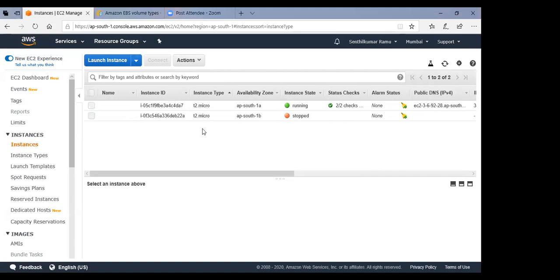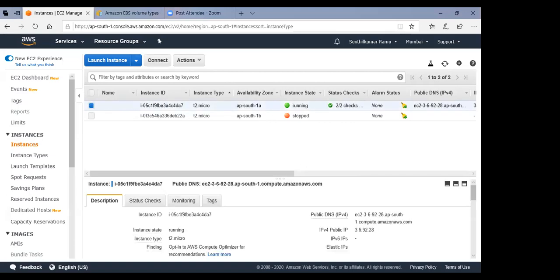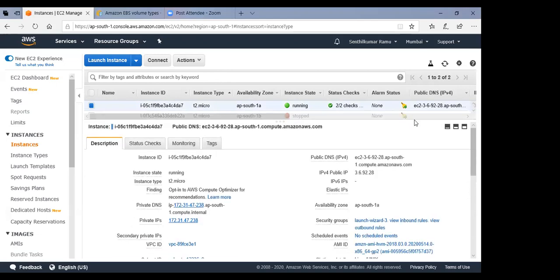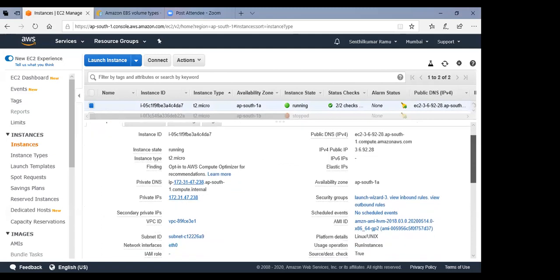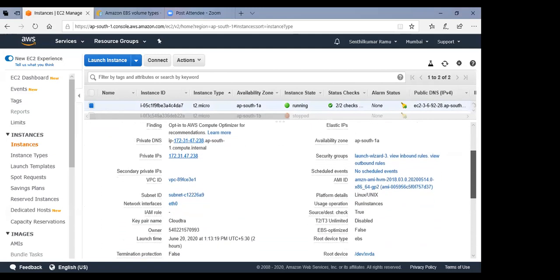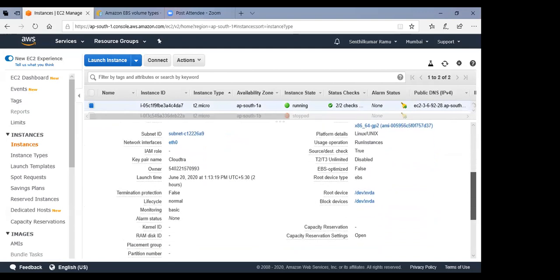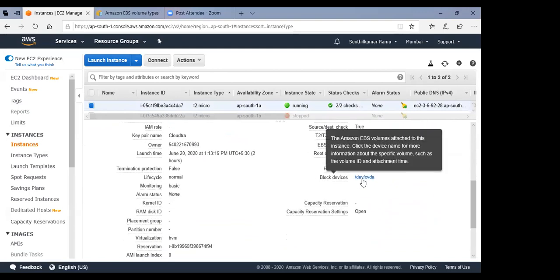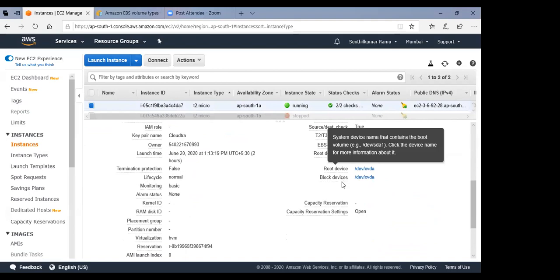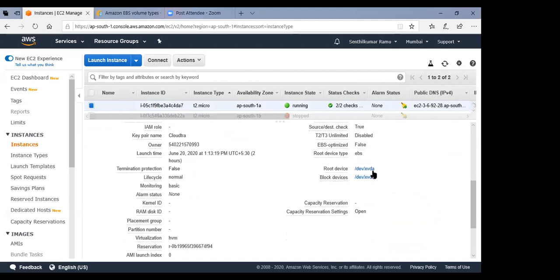Okay. So there was one running instance. Let me select that. We saw that in the morning, but we did not really go very deep into it. There is a device. Got it? There is a root device. There is a block device. Root and block here are one single device. It is /dev/xvda, which is a